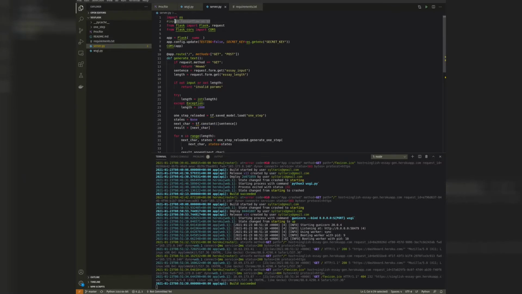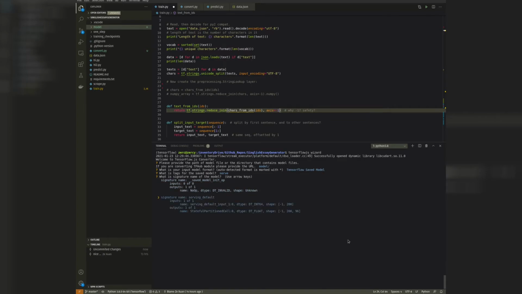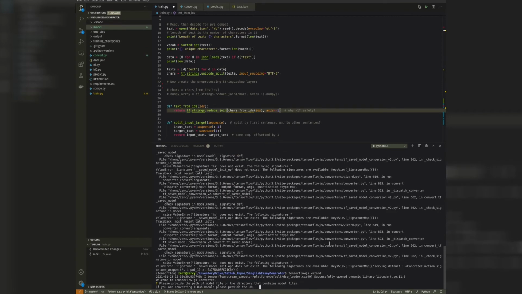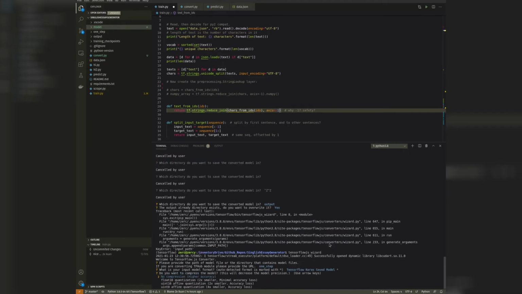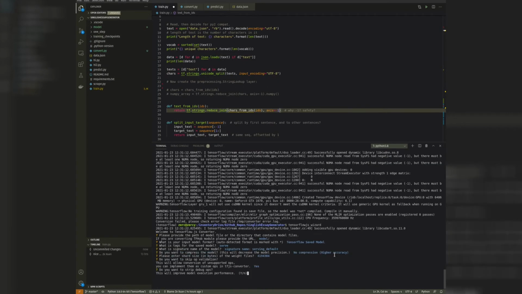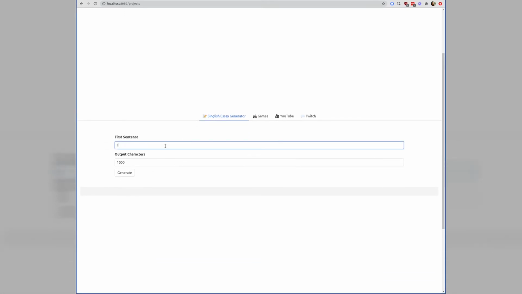So the next idea I had was to just run it on the user side, the client side. There's this thing called Keras.js, now called TensorFlow.js, where you can run the models in the browser. But I ran into a lot of issues trying to convert the models to a JavaScript format. There's something to do with subclassing and stuff that I don't fully understand, so I couldn't get it working.